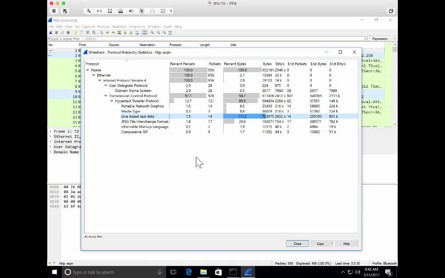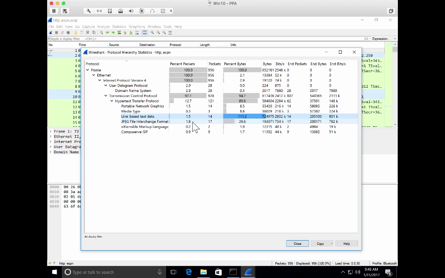Now, keep in mind, when you get down into some of these layers, you'll notice that there's not a clear distinction on where all of the packets are. So for instance, we say that 97.1% of this capture file is TCP, but we really don't see 97.1%. We don't see all those packets represented. There's 928 packets and not all of those are here. And that's because not all of those TCP packets are going to be necessarily HTTP. We may use HTTP as the control protocol to exchange files, but those files are actually being transferred across just a normal TCP data stream. So they're actually just going to report as TCP and not HTTP, which is why those percentages won't match up